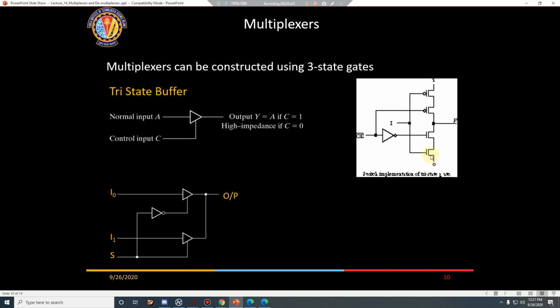Sir, could you please explain? I'm not clear with the buffer. What is it and how is it working? Okay, a buffer is exactly like the switch we have for your fans and lights. If you switch it on, it will make a connection. If you switch it off, mechanically the switch is off. There is no wire here.